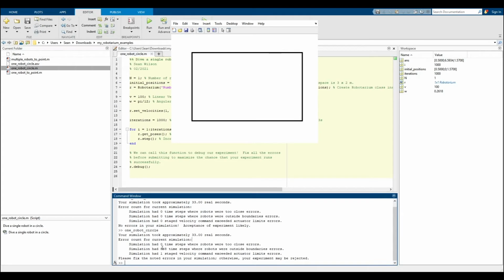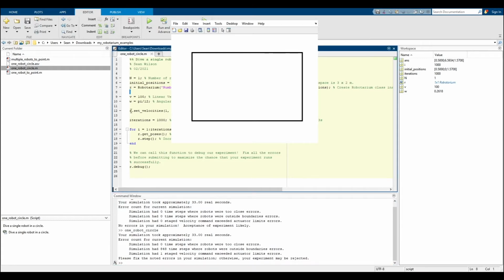If we look down here at our errors, we have 848 time steps where the robot was outside the boundary. So that's an error that would cause us to be rejected from the Robotarium. And we had 1 stage velocity command that exceeded our actuator limits. That would be this one, or more technically correct, this stage velocity command that took this 100 meter per second